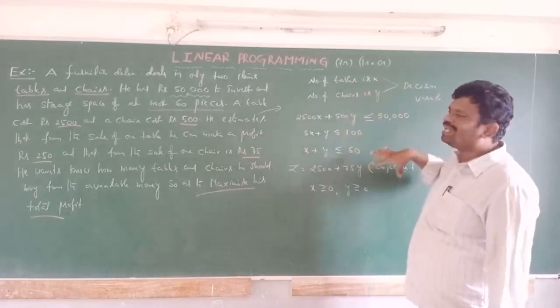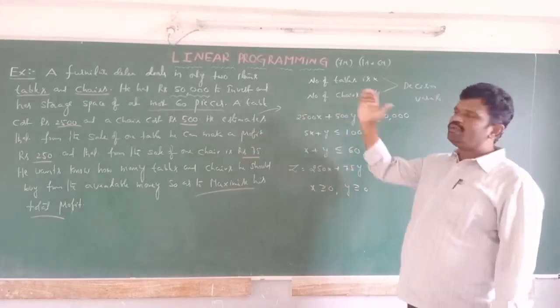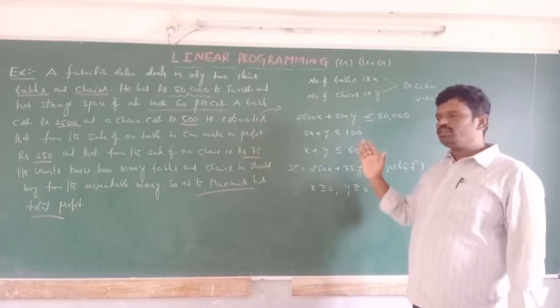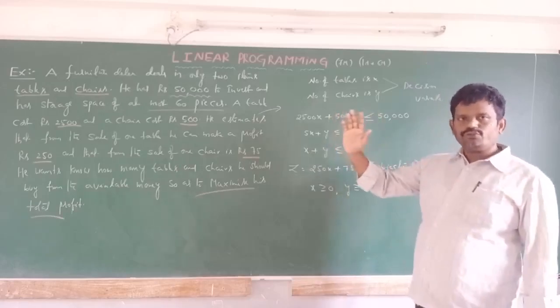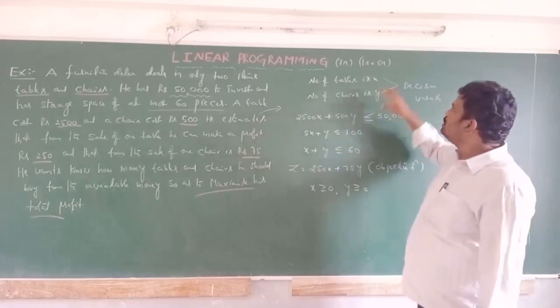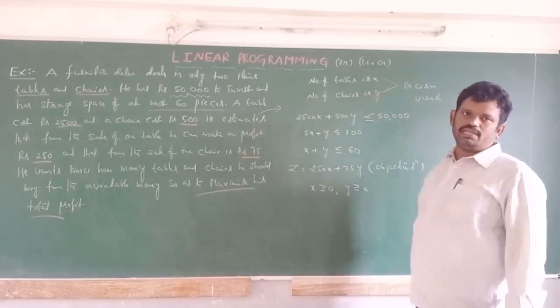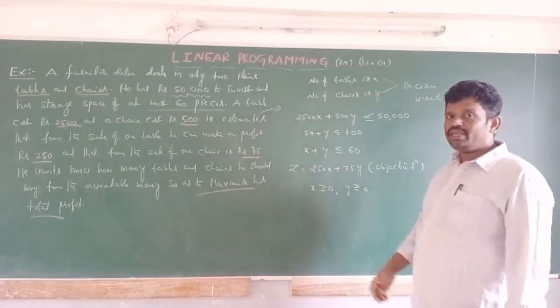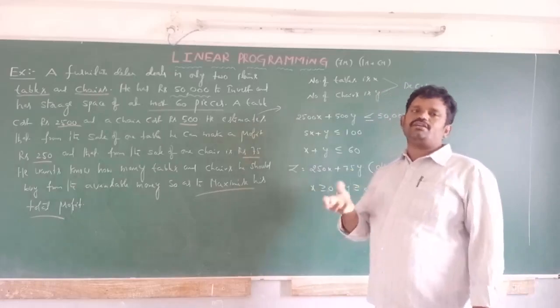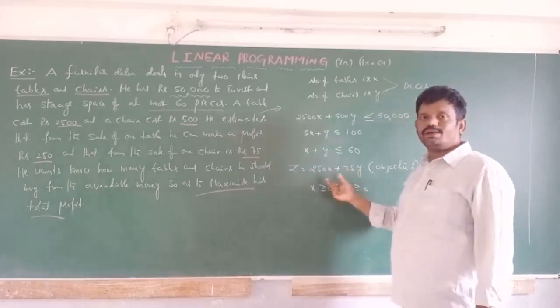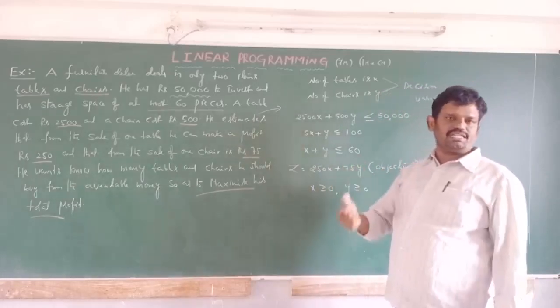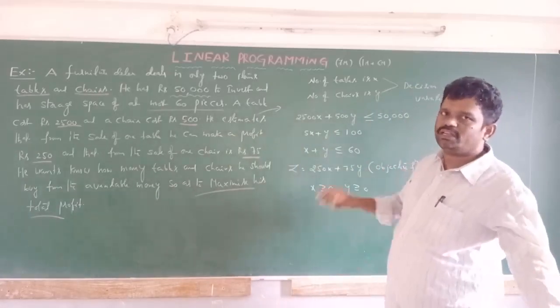So these are all mathematical formulations. Again we converted them into graphical form. So this data we convert into a graph. Through the graph, we can find the possible values of x and y, that is, at which point (x, y) the objective function becomes maximum. That point gives the maximum profit for the given person.